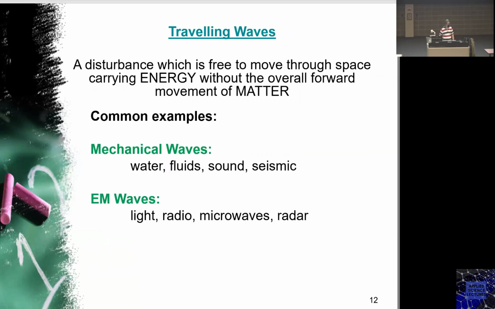So now let's classify those waves into mechanical and electromagnetic waves based on the medium that those waves are being generated in. For example, the pond example, that's a mechanical wave. The sound is a mechanical wave. However, the radio frequency and the light waves, those are electromagnetic waves that are happening due to the